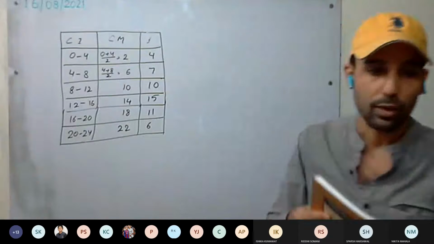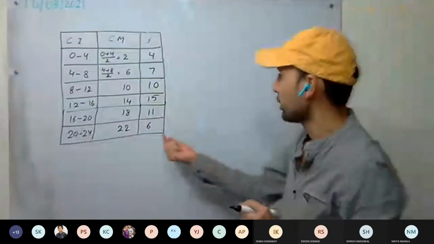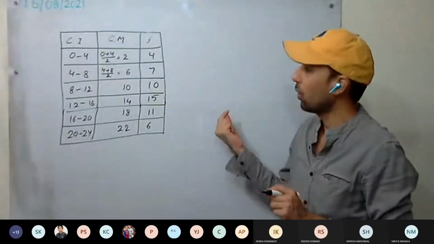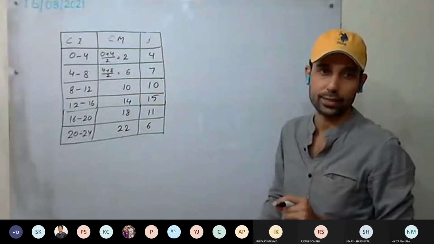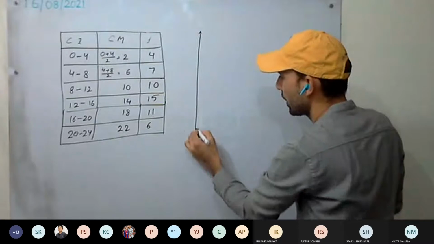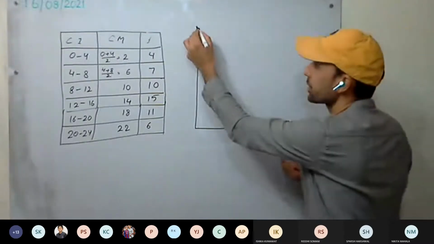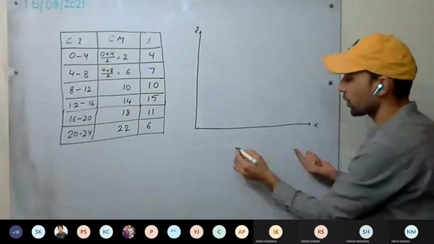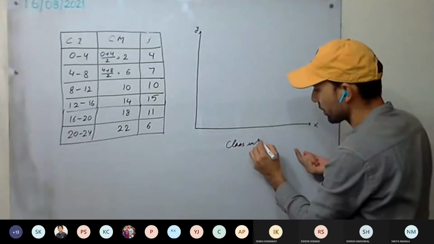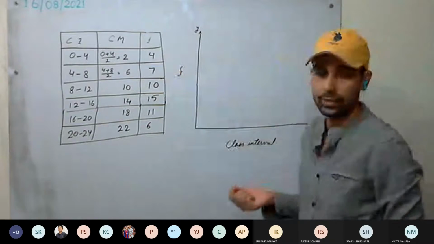Okay. Now, how to draw the histogram? So for constructing frequency polygon, there are two ways. Either first we construct the histogram, or without the histogram as well we can construct. So first we are constructing using histogram. Draw the histogram. So we need x and y axis. This is our x-axis. This is y-axis. On x-axis we are going to leave some space, and we have the class interval. And here we have the frequency.